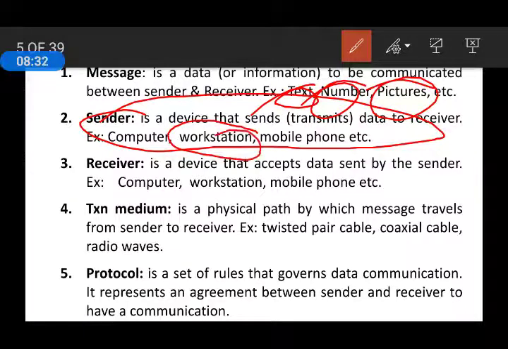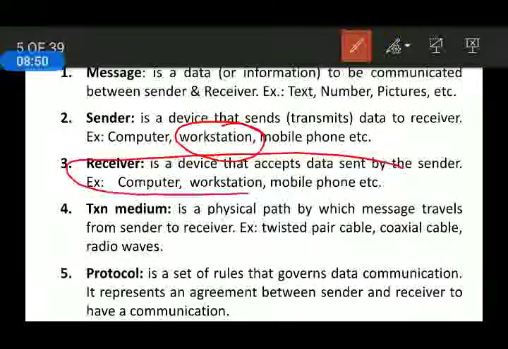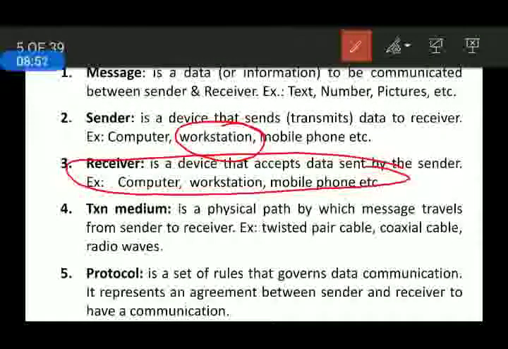Here the word workstation means a special type of computer designed for a specific application. Workstation is a computer which is used for a specific application. Similarly, the third component is the receiver, which is similar to the sender, but it is receiving the data sent by the sender.